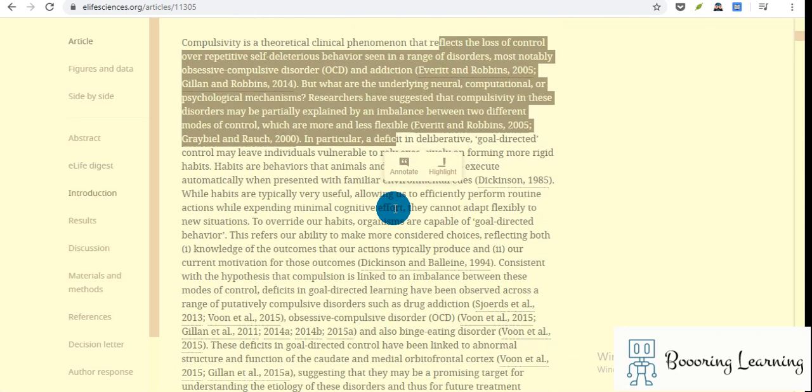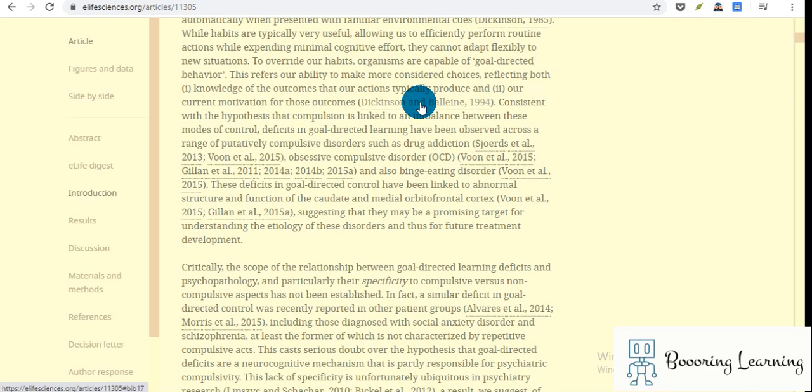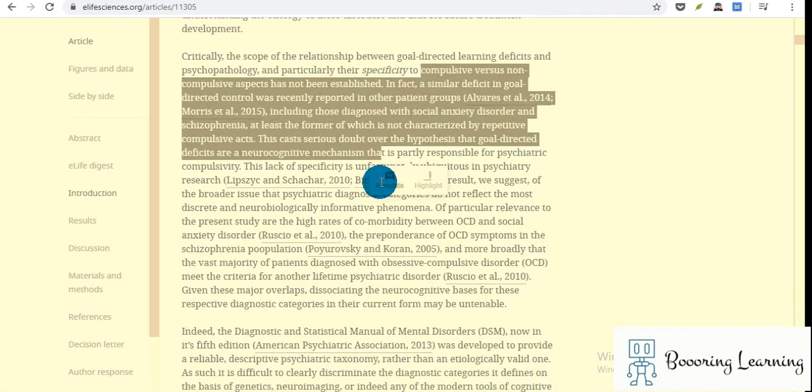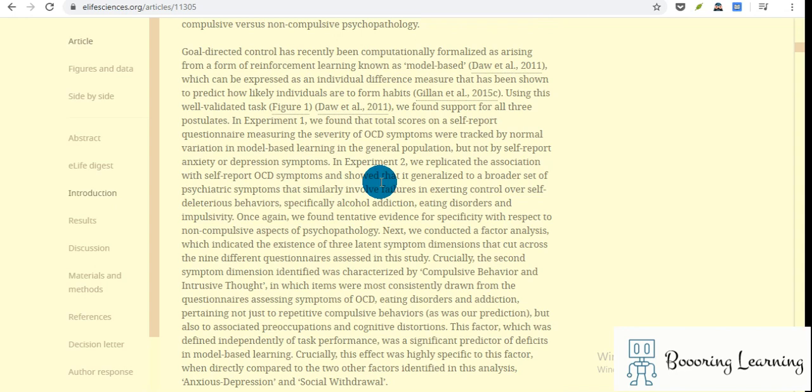Compulsivity is a theoretical clinical phenomenon that reflects the loss of control over repetitive self-deleterious behavior seen in a range of disorders, most notably OCD and addiction, like internet addiction. But what are the underlying neural, computational, or psychological mechanisms? Something like that. So I'm looking for the novelty of the study, and I find this interesting: goal-directed control has